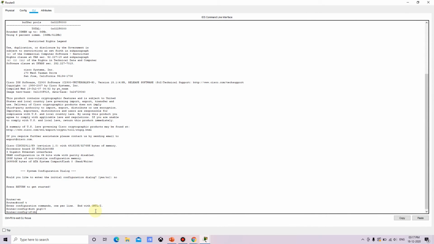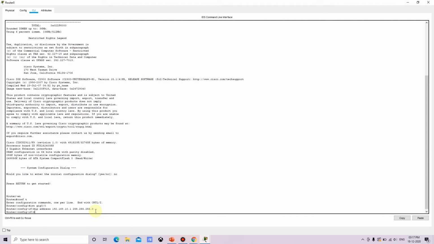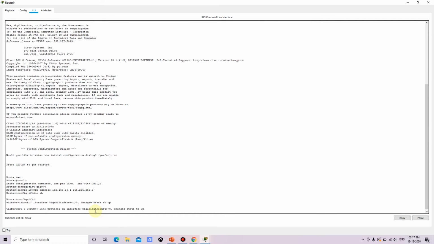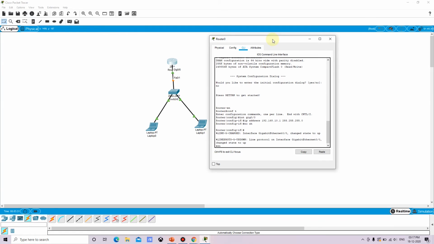Here I need to give an IP address. There is a command for no shutdown, no sh, and then I will exit the interface.